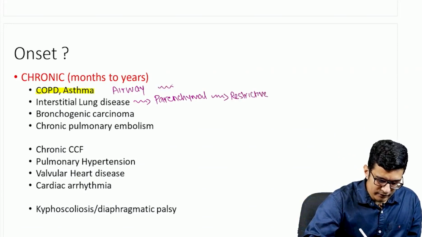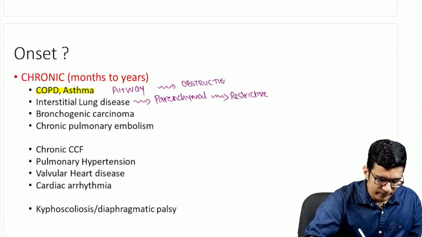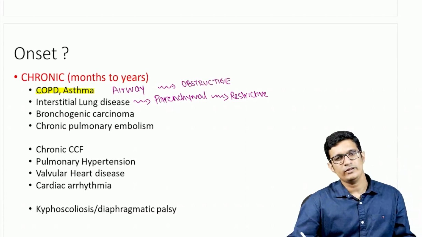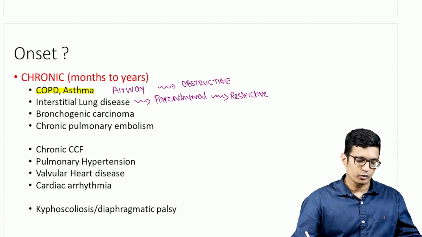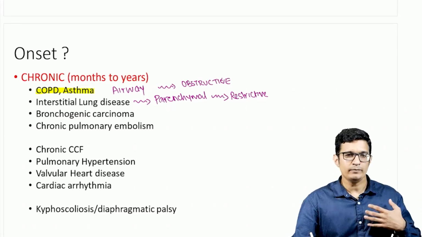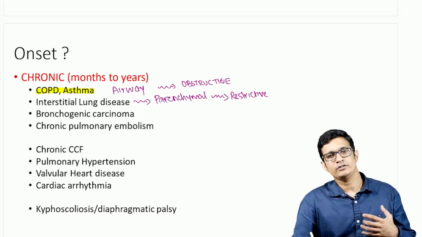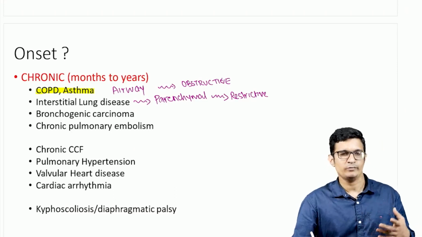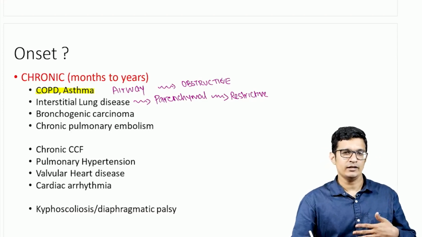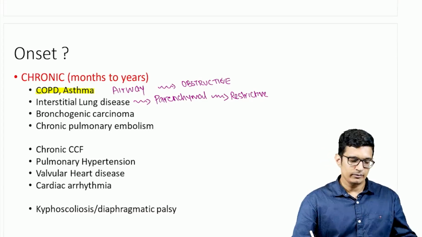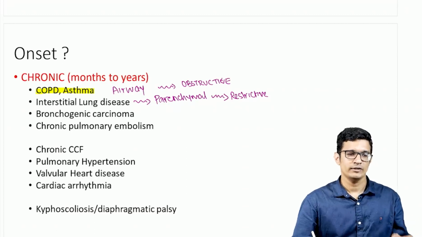COPD and bronchial asthma are obstructive airway diseases, in that they obstruct the entry and exit of air through the airways. And because inspiration is an active process, they do not experience much restriction or obstruction during inspiration. Instead, because expiration is a very passive process, it becomes